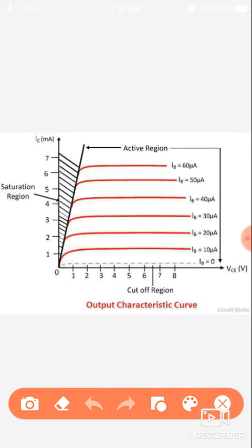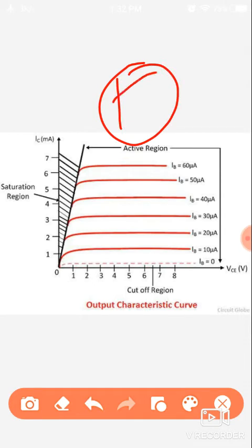current is input and IC current is output current, and emitter is common. So we can say that this characteristic curve belongs to the common emitter configuration. Meaning that in it, if I have a